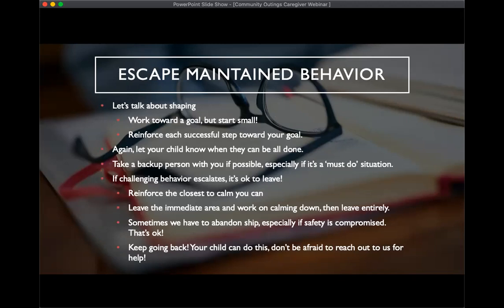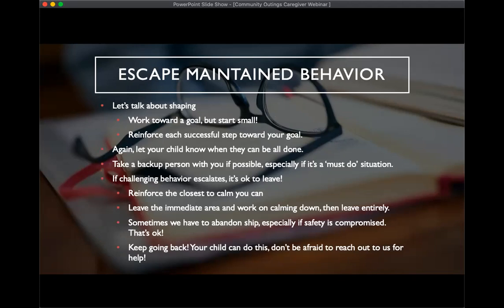Okay, if it's escape maintained behavior, we want to talk about shaping the behavior. So we're going to work toward a goal, but making sure that we start really small. If it's a task that's long or has a lot of steps, you want to reinforce each successful step toward that goal, because like we mentioned before, the whole task may be too lofty of a goal to start with.